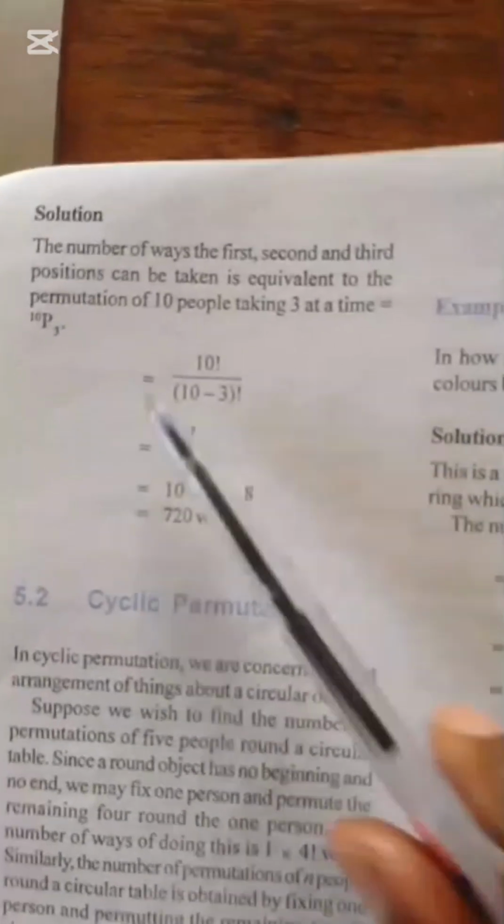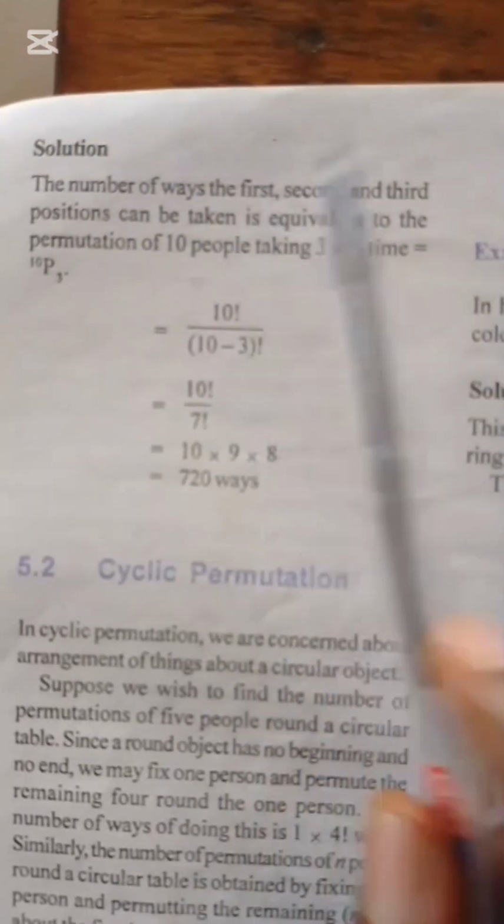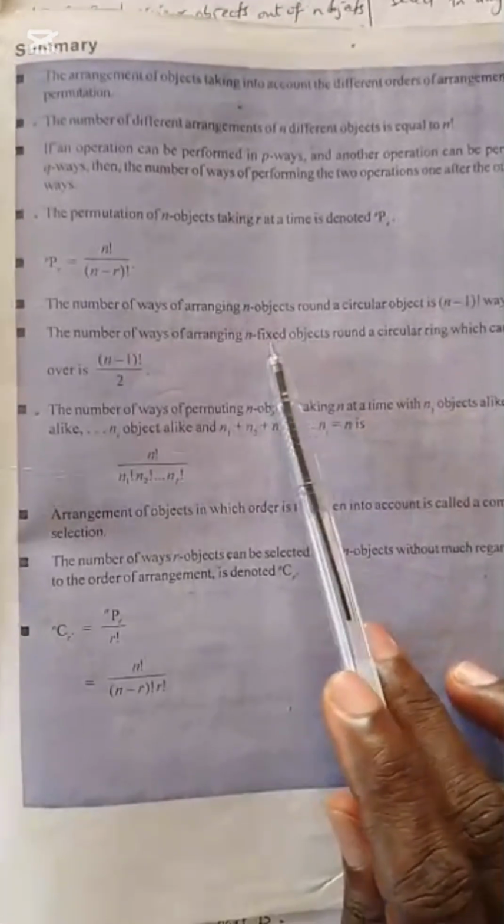Alright, so this is basically 10, taking 3 out of 10. Okay, so now let's look at